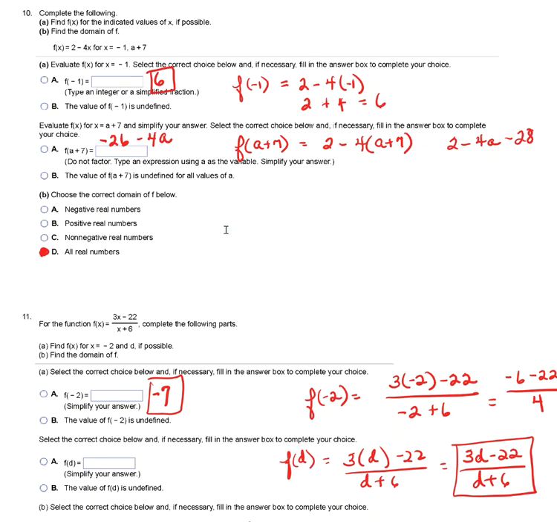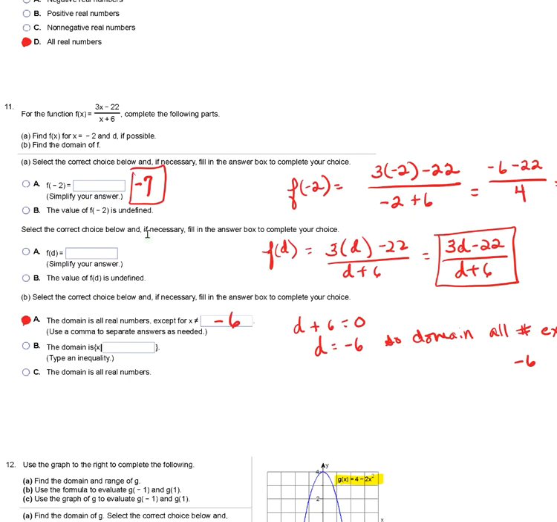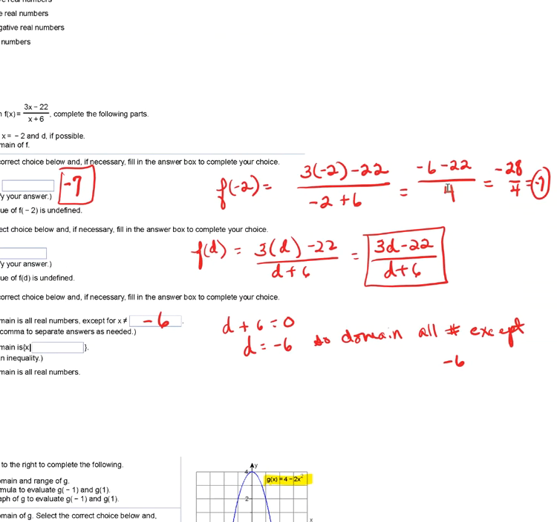All right, let's go to number 11. Number 11, our function is 3x minus 22 over x plus 6. Evaluate for x is negative 2 and for d. So for negative 2, if I put in negative 2, on top I ultimately get negative 28. On the bottom I get negative 2 plus 6, so I have 4. So the ultimate answer is negative 7. When I plug in d, I just put d everywhere there was an x, and I have 3d minus 22